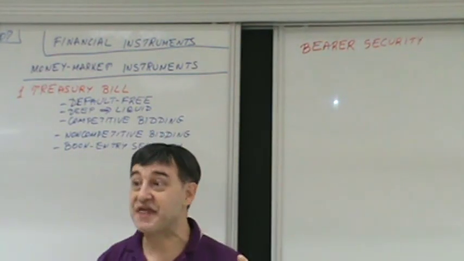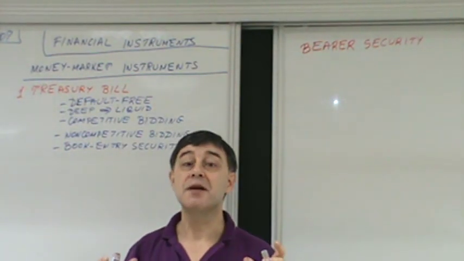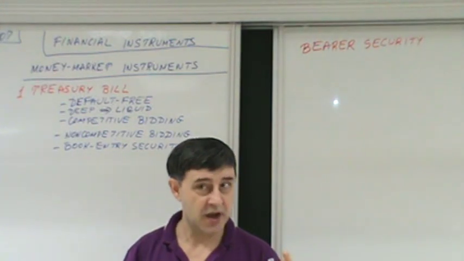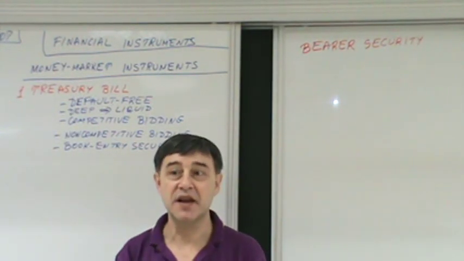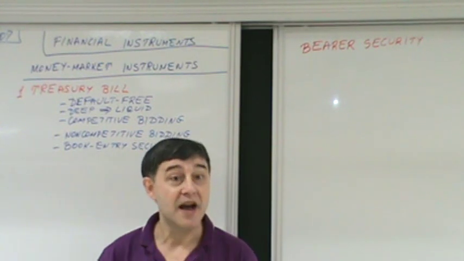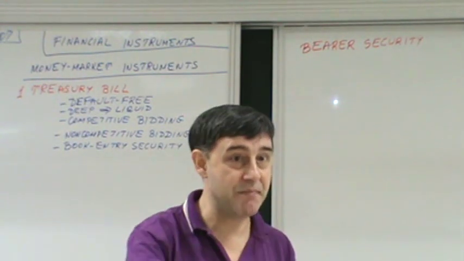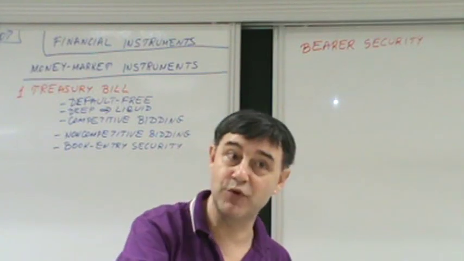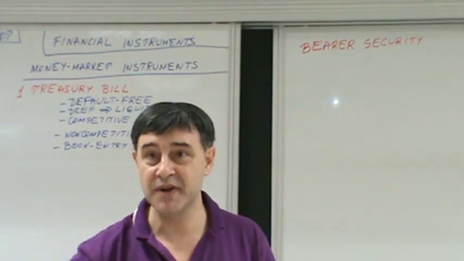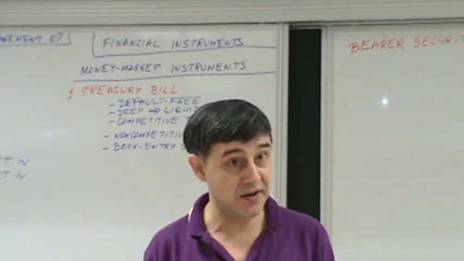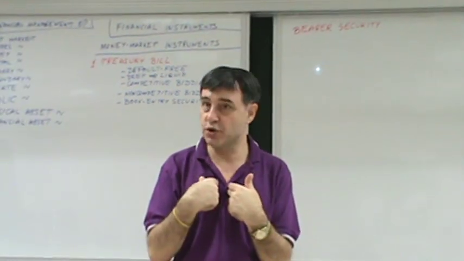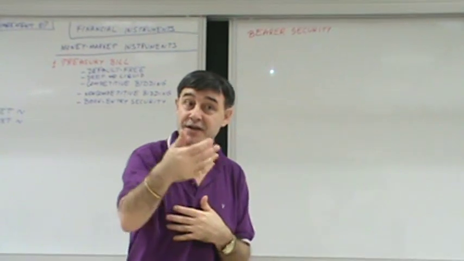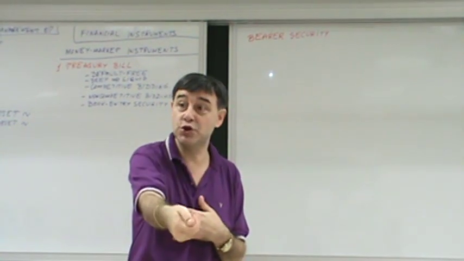For example, a $1,000 bearer bond will be paid to whoever bears the bond. If the bond is in my pocket, I take it out, I go to the bank or to the government. Actually, the bank will be acting on behalf of the government. And I say, okay, I have the bond, I'm the bond holder, and the bond matures today, and I want my 1,000 back. And they'll just pay it to you.